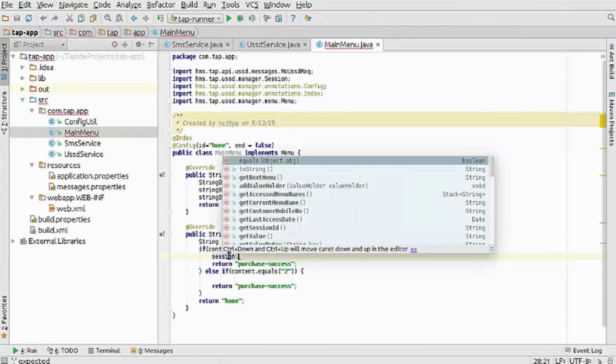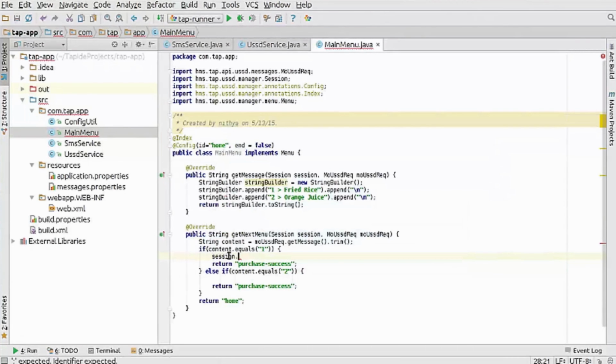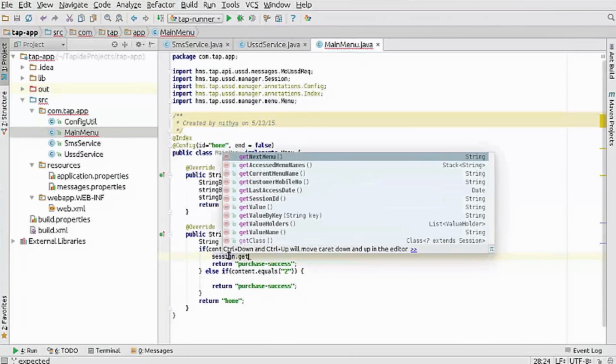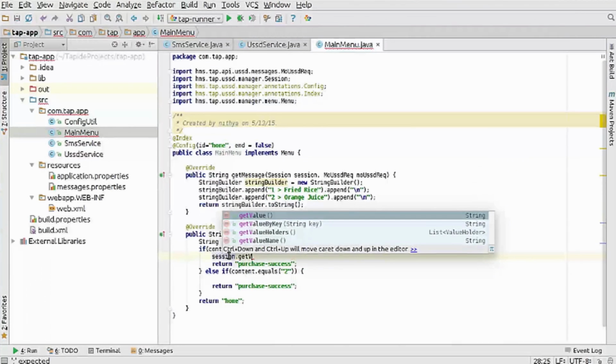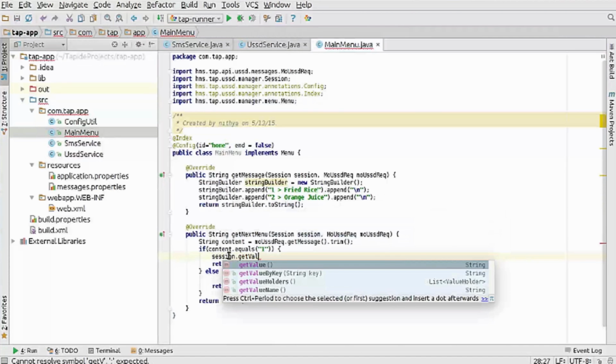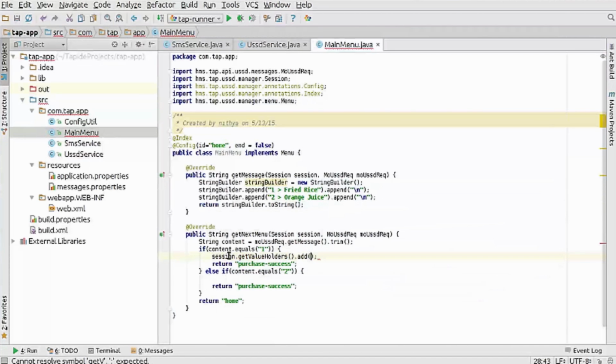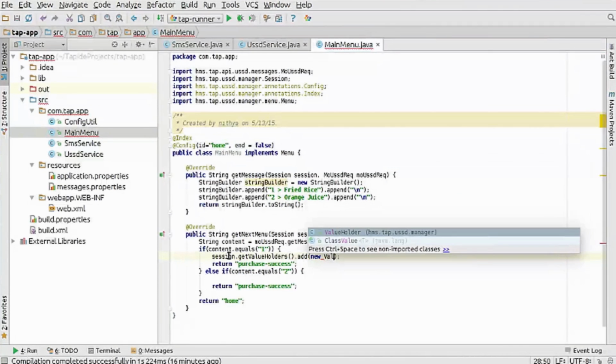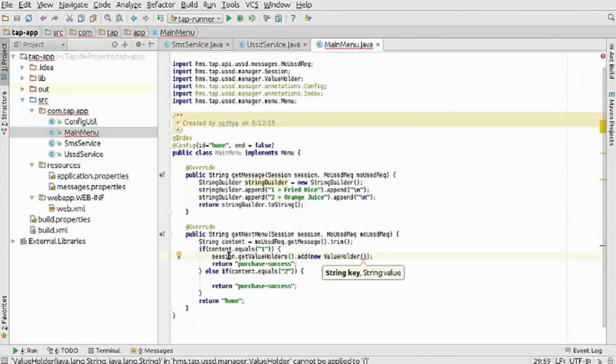So I'm going to show you how to add a session value holder. From session, you need to get value holders and create a new value holder. Value holder is basically a key value pair. You have a key and a value. So if it's 1, it's fried rice,